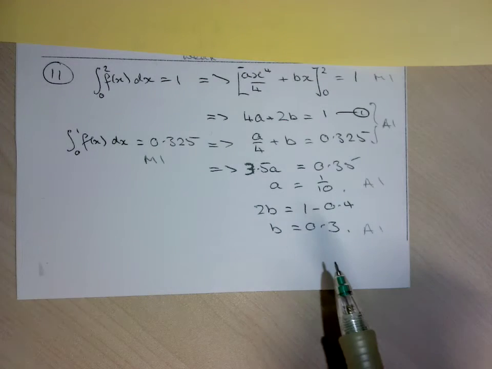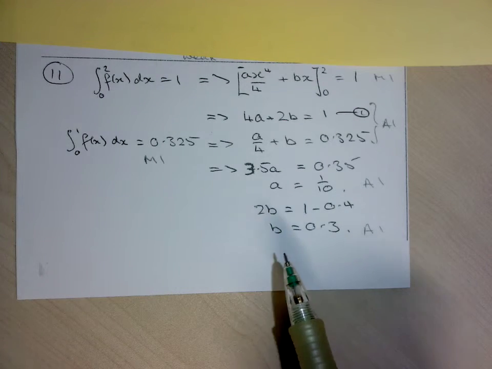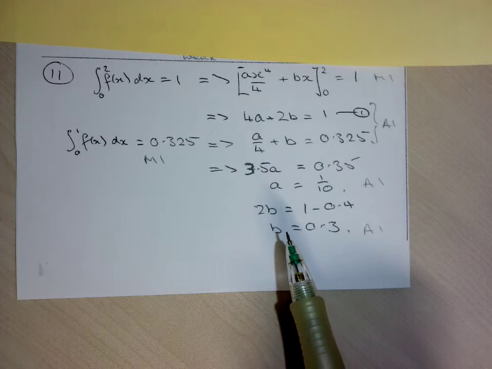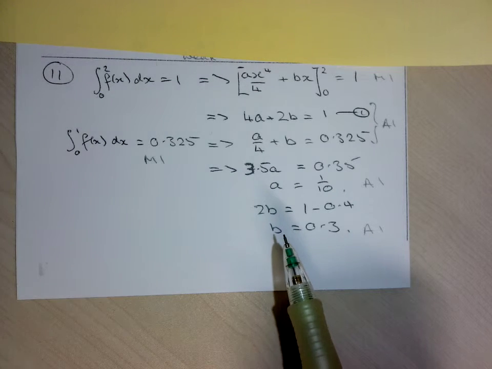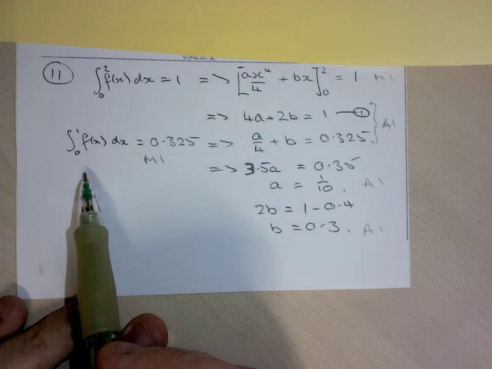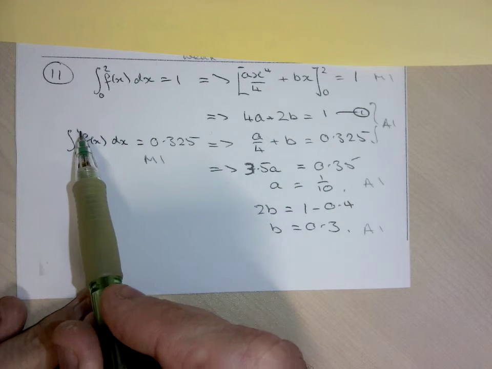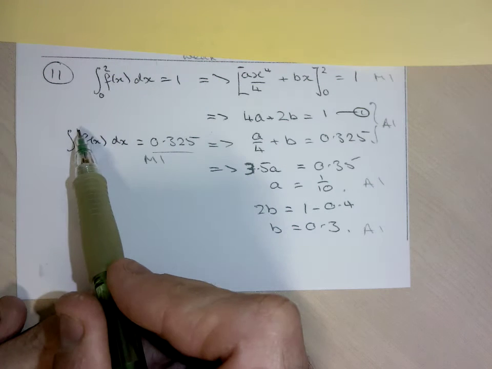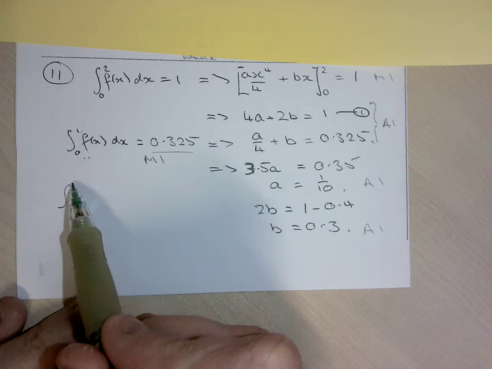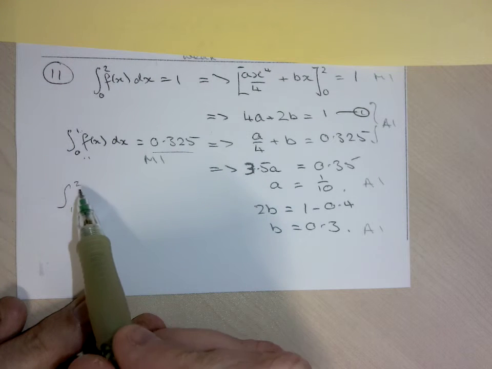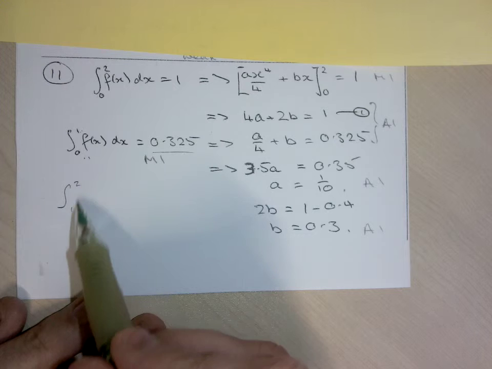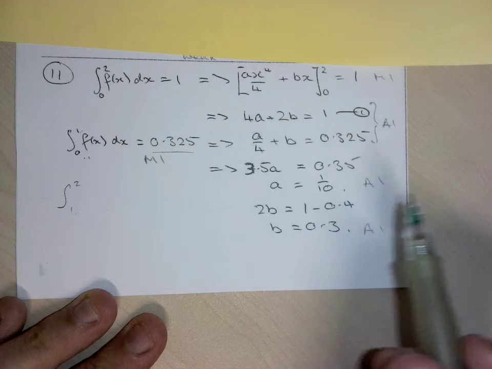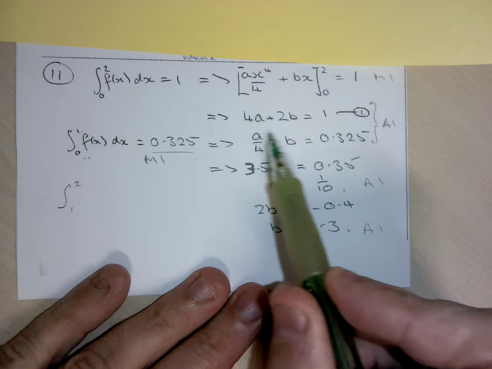The second bit of information that's given in the question is that the probability of being bigger or equal to 1 is 0.675. So the method here is, from 1 to 0 is 0.325. I think using the limits of 1 and 0 is slightly easier than using the limits of 2 and 1, but you could, of course, set up the area from 2 to 1 to be 0.675. Either way, that leads you to another